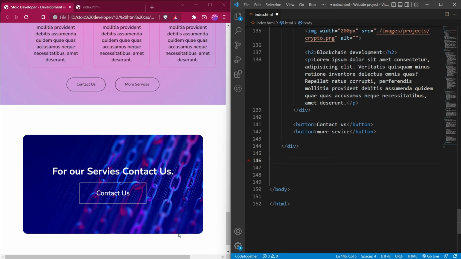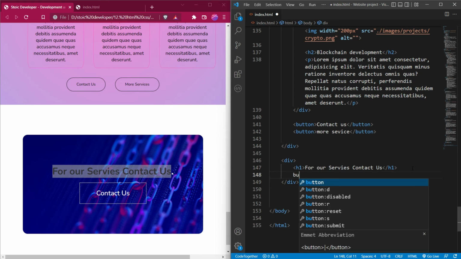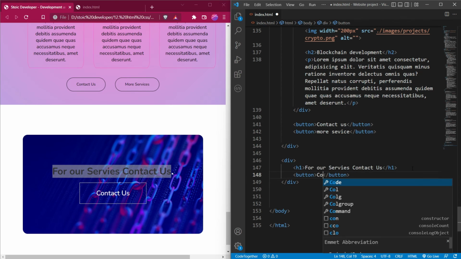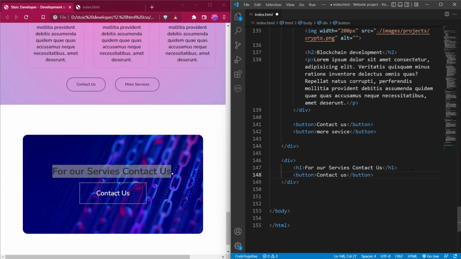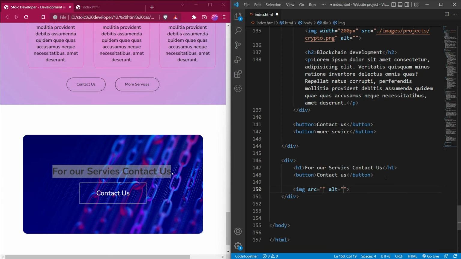So now let's create this card also. So for creating this card, first we will create a div, and in this first we need to type this heading. So we will use h1, and then we will copy this heading and we will paste it here. And then we need to create a button, so we will create a button and here we will type contact us. And then we need to show a image, so we will use img tag, and here we will type